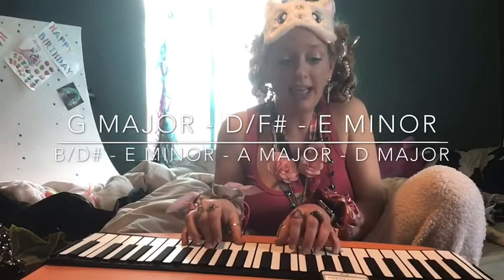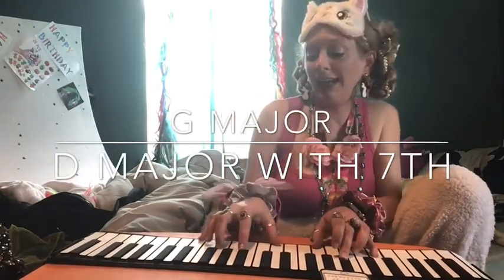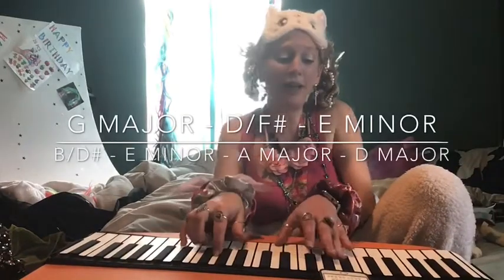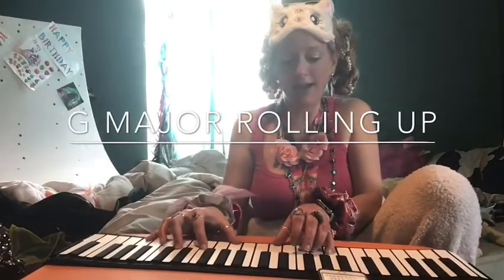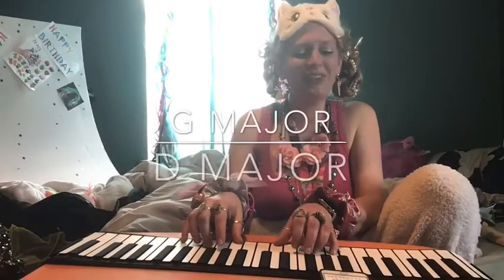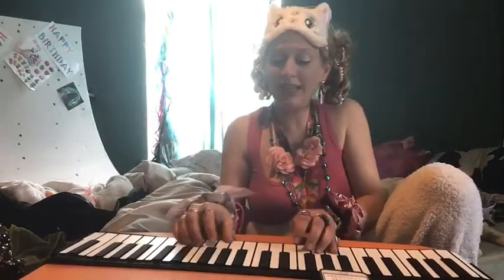G major. Say, can you see by the dawn's early light what so proudly we hailed at the twilight's last gleaming, whose broad stripes and bright stars through the perilous fight o'er the ramparts we watched were so gallantly streaming, and the rockets' red glare, the bombs bursting in air, gave proof through the night that our flag was still there. Oh, say does that